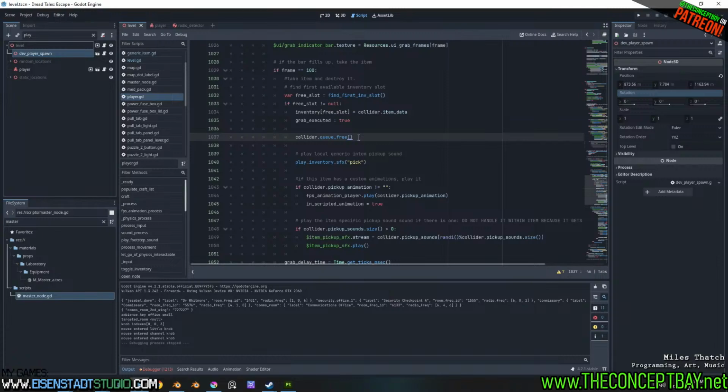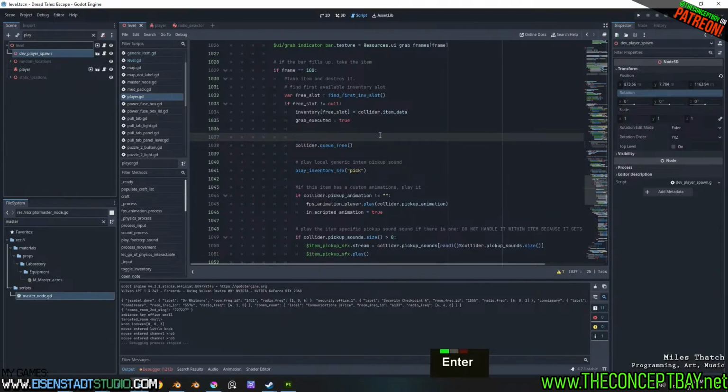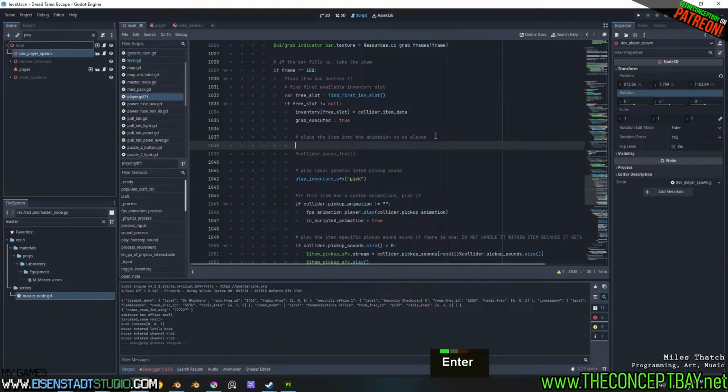Could we just reuse it? Could we? We could, couldn't we? Place the item into the animation to be played. And then we're going to queue free it after we actually are done with the animation. So this might actually work. Let's see. So we'll do